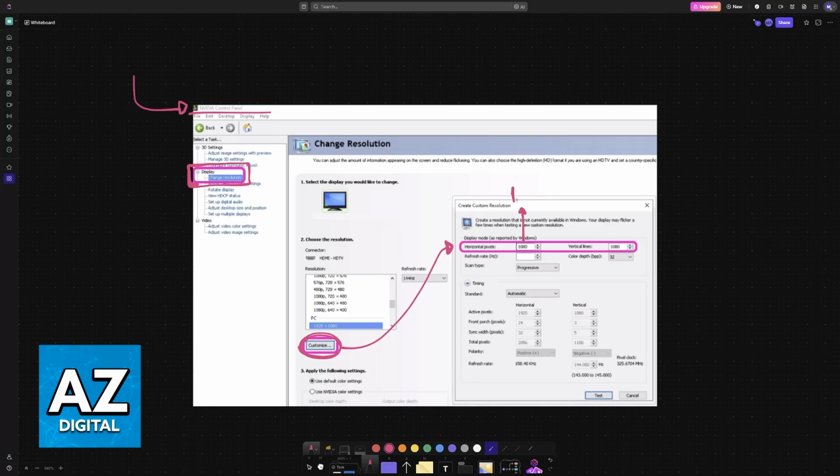In here, you want to set it to 1280 by 1080. So make sure that you properly fill out both of these fields, 1280 by 1080. Afterwards, choose the refresh rate. Usually the default option will set it to the highest refresh rate available, but if it isn't automatically set up, then just customize it. For example, 165, 144, 120, whatever. Once the refresh rate is good to go, alongside the actual resolution settings, choose Test and this will be saved.